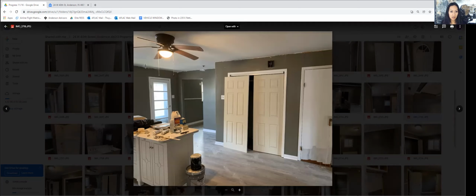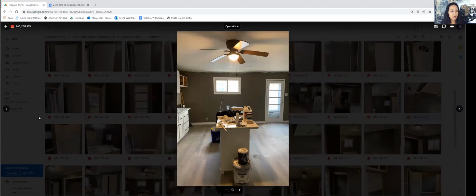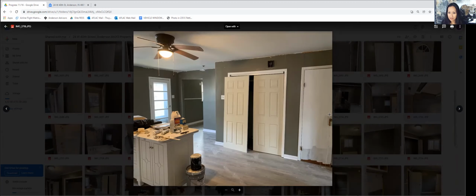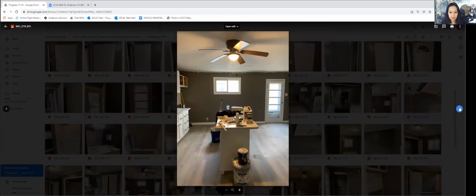So this is the kitchen. The paint where the ceiling meets the wall needs touching up, or to have a trim of some sort, I don't know what the technical term is for it, which goes to show you don't have to be a professional contractor to invest. Oh, and then also the handle for this door looks really old and original. So I'm replacing all of that with stainless brushed nickel hardware. So if you look here,